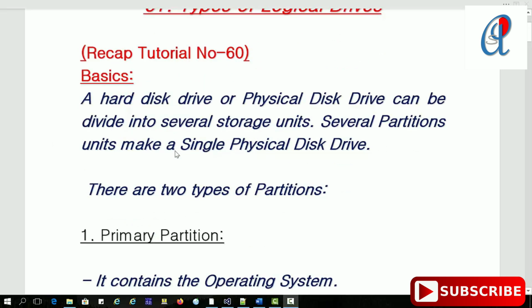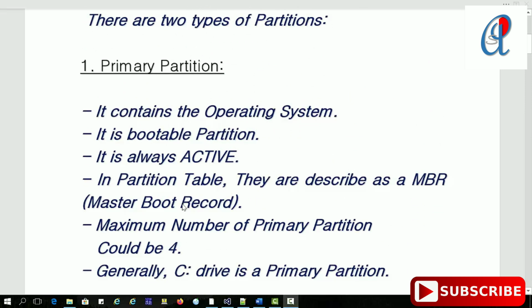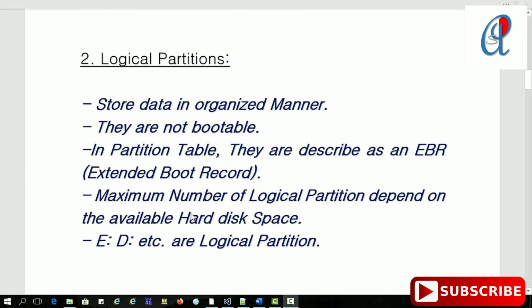We have seen that a hard disk or physical disk drive is divided into several storage units. There are two types of partition: the primary partition and the logical partition. The primary partition contains the operating system and the boot table, where your OS is residing. The rest of the partitions are called logical partitions, where your data is stored in an organized way, and they are not bootable.